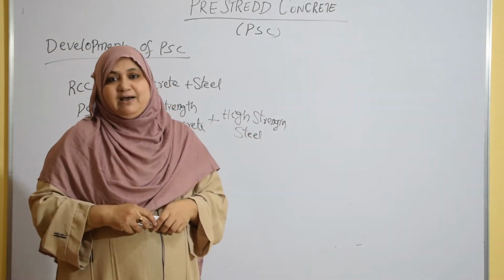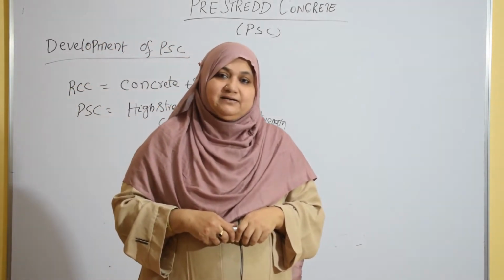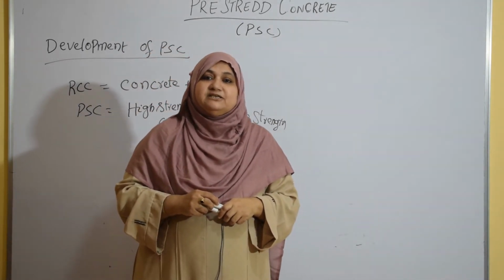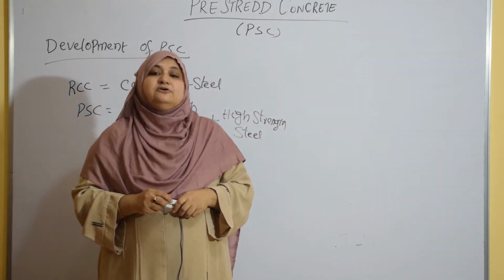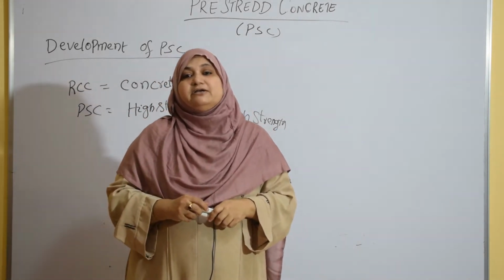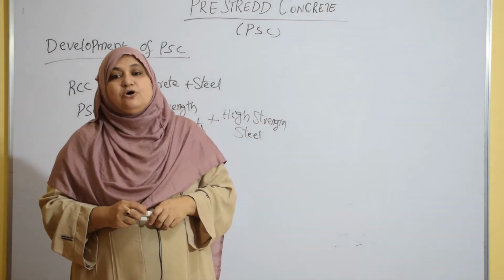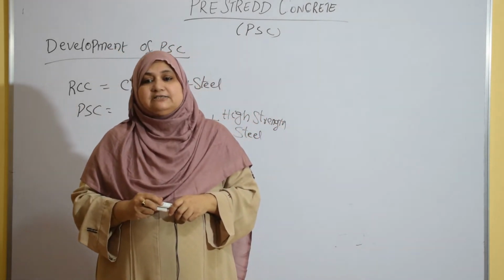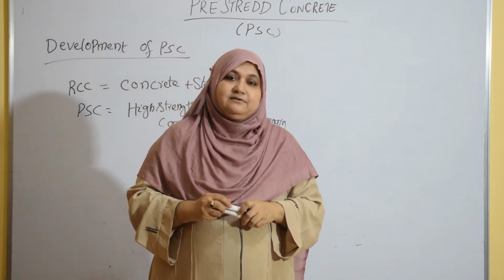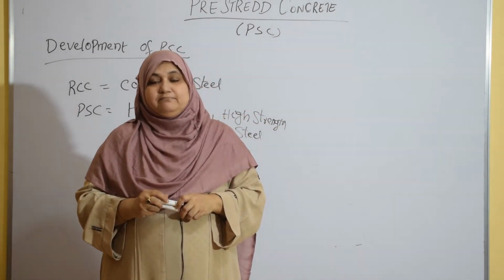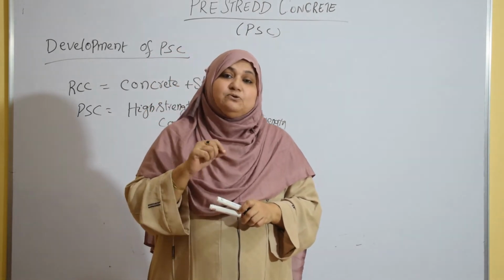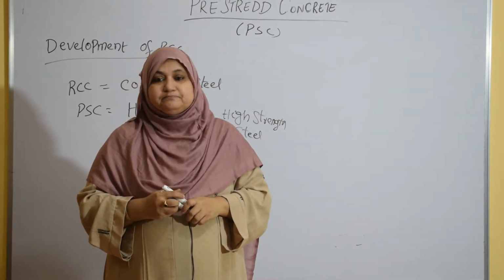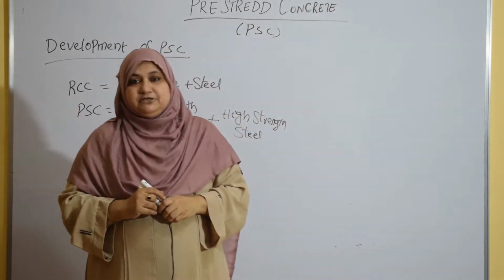So what is this active manner? How are we going to achieve this active manner? The activeness is achieved by tensioning the steel and holding it against the concrete, thus putting the concrete into compression. This is how the activeness is achieved. I repeat, the activeness is achieved by tensioning the steel and holding it against the concrete, pushing the concrete, thus introducing compression into it.